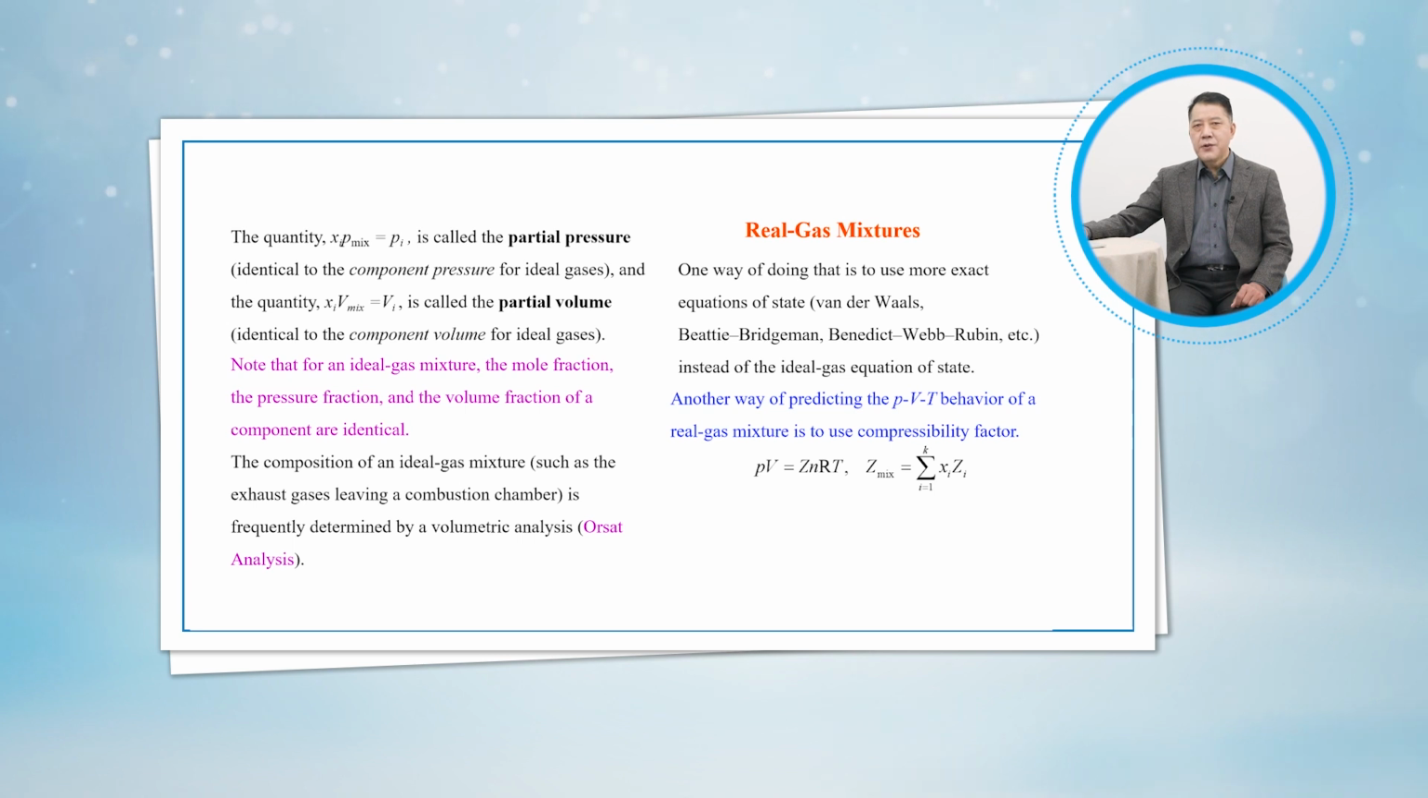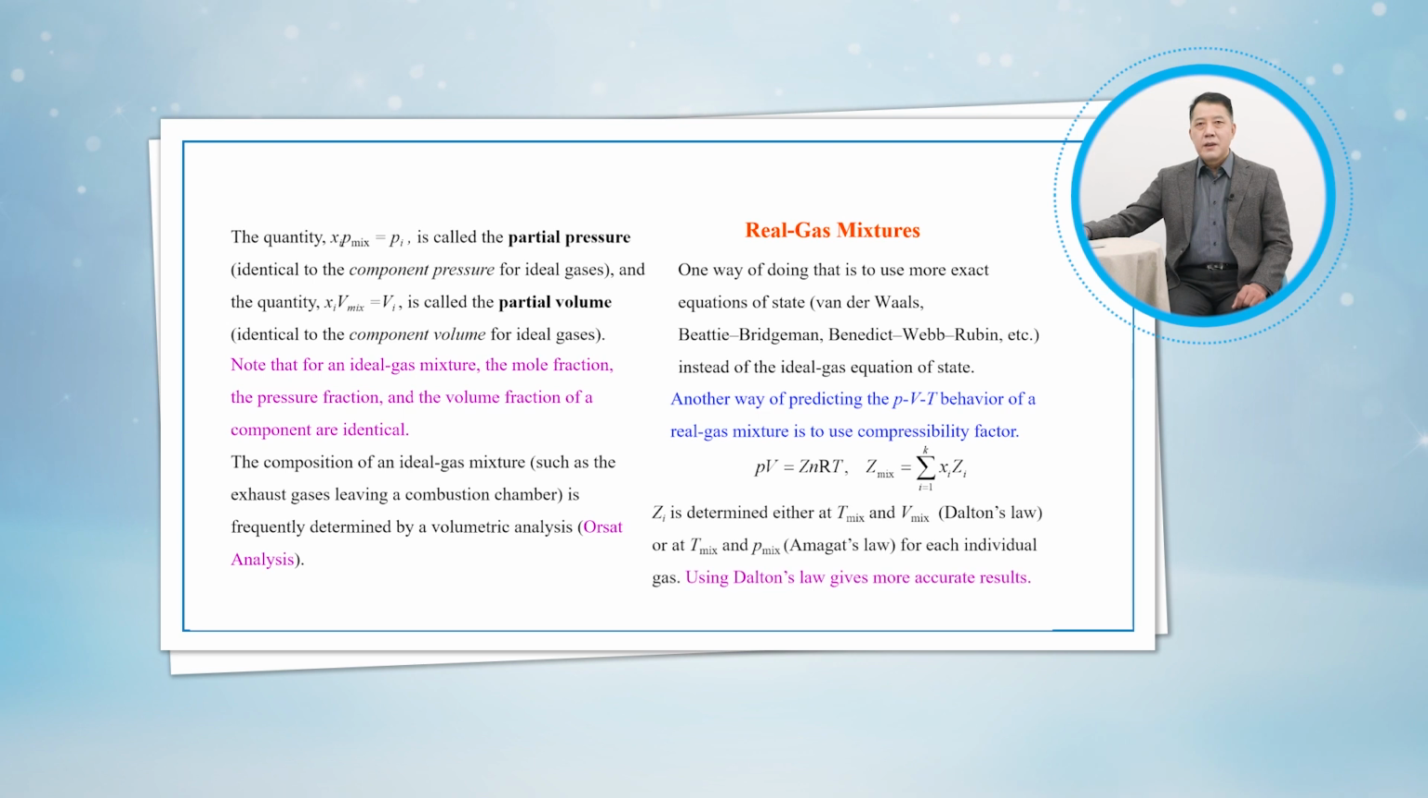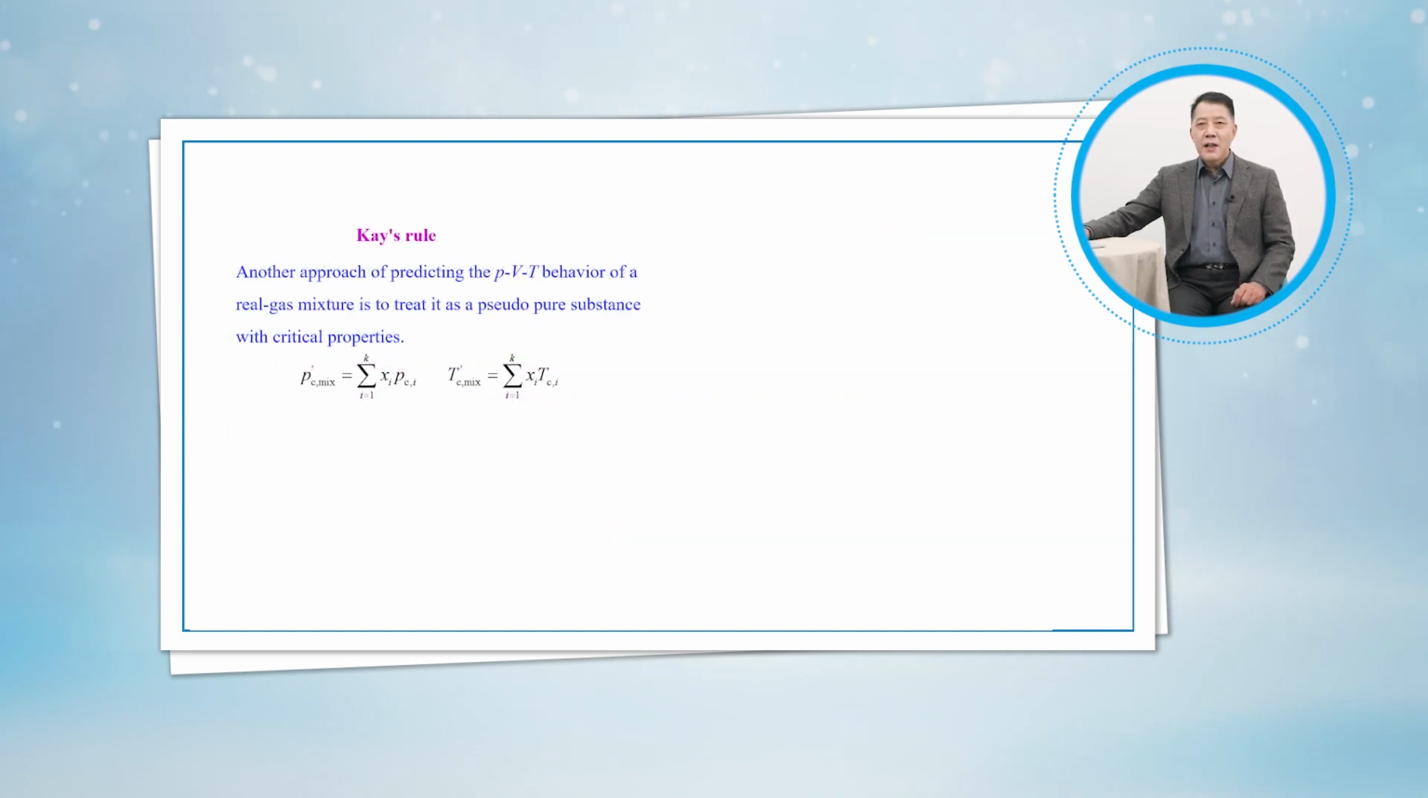Another way is to use the compressibility factor Z. The compressibility factor is determined either at Tm and Vm or at Tm and Pm for each individual gas. Using Dalton's law gives more accurate results. Another approach for predicting the